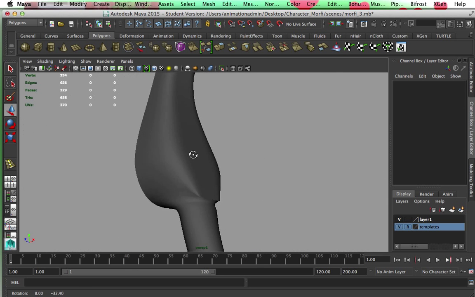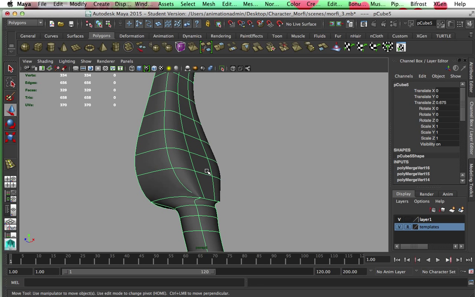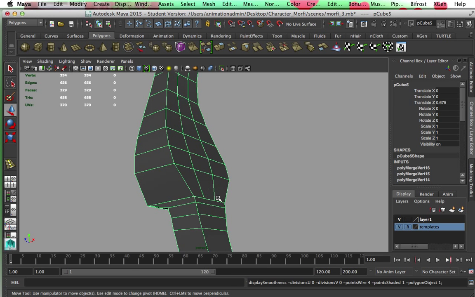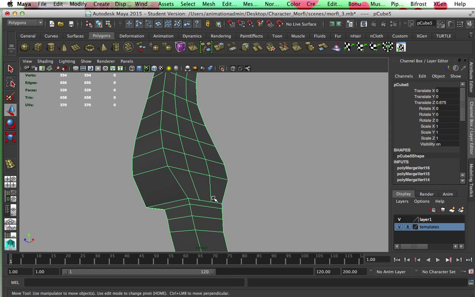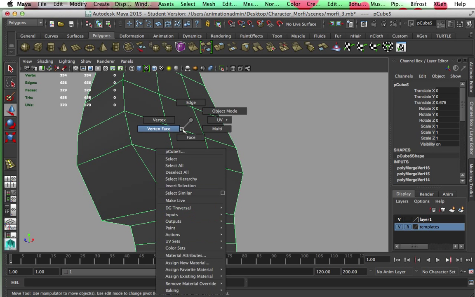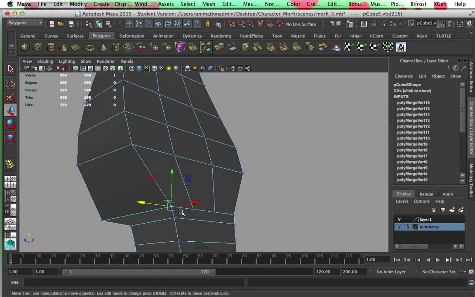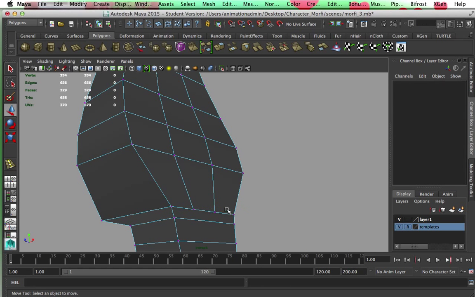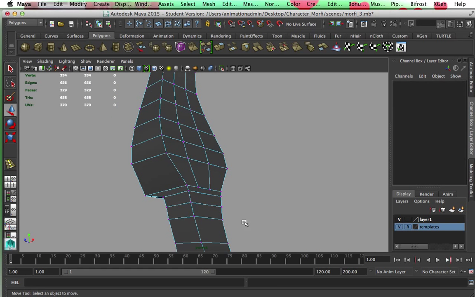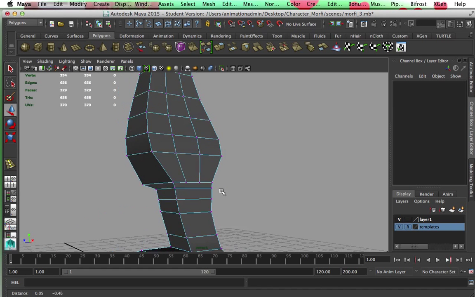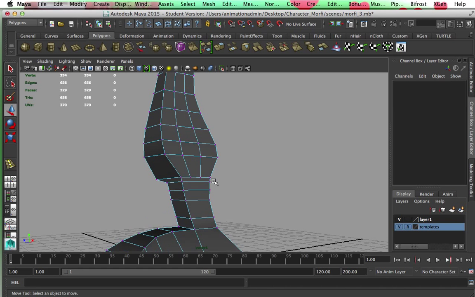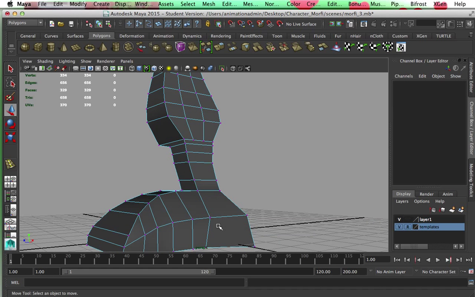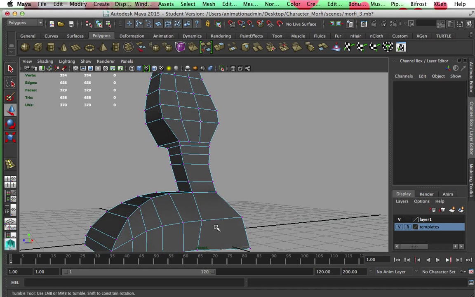notice that there's a pinching going on right over here. So let me see what's going on in this area. This one vertex, one. Okay, I know what happened. When I inserted the edge loop, apparently the edge loop didn't go all the way down to the foot. So we are just going to use the,